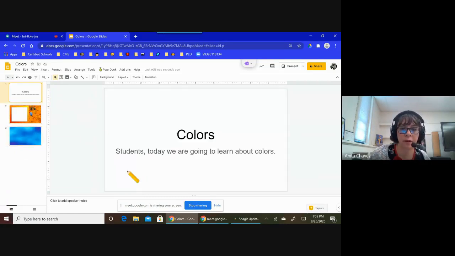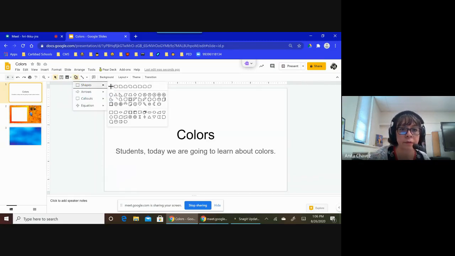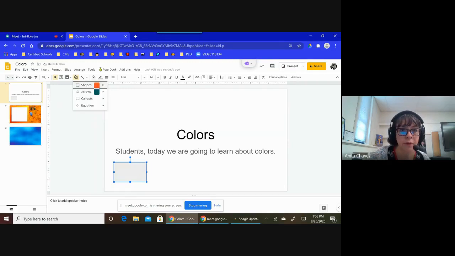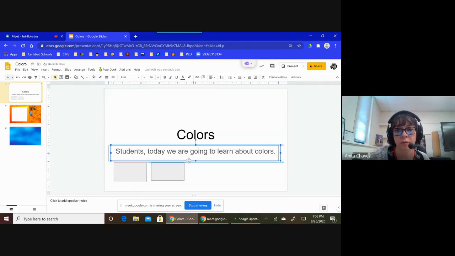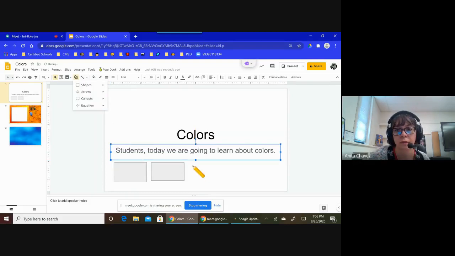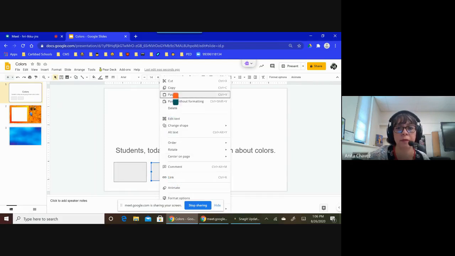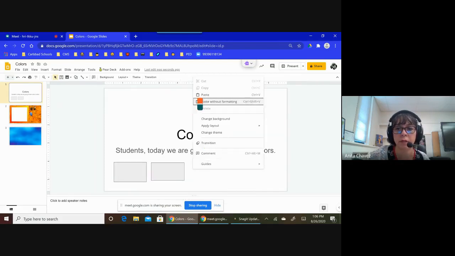But on here, I'm going to go ahead and put some shapes. And then I'll color them. And then I'll show you what I'm going to do with these. Oops, and I could probably just copy paste these so they're all the same size and shape.